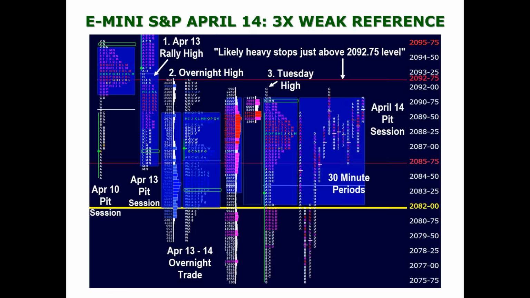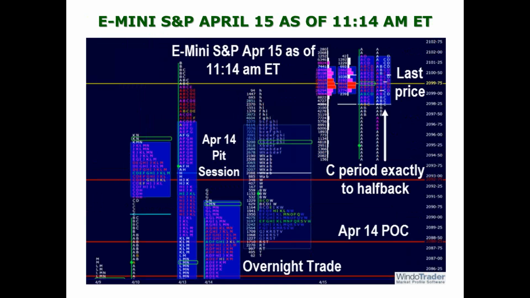It doesn't happen right away because, like I said this morning, the market had to take care of current business first. Once the market traded higher, the shorts were caught, and those shorts then had to cover. So that was the market's current business first. Now, on the far right-hand side, you are looking at the second pullback this morning. First pullback, the B period went just 3 ticks below half back, then it rallied sharply, not to the high. C period came exactly to half back, to the tick,